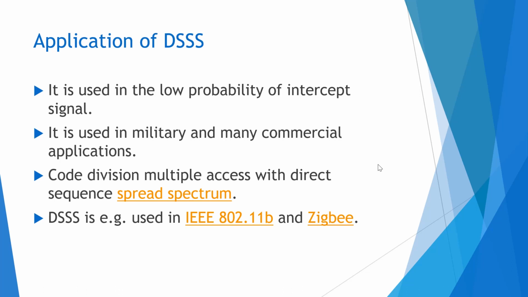Here we have Pe equal to half erfc of the square root of Eb by J Tc, where Eb is the bit energy, J is the average interference power, and Tc is the chip duration. And one more we have, that is the jamming margin. In the jamming margin you can easily find that it is basically G by Ps, which is nothing but PG divided by Eb by N0, where Eb by N0 is the minimum bit energy to noise density ratio needed to support a prescribed average error probability.